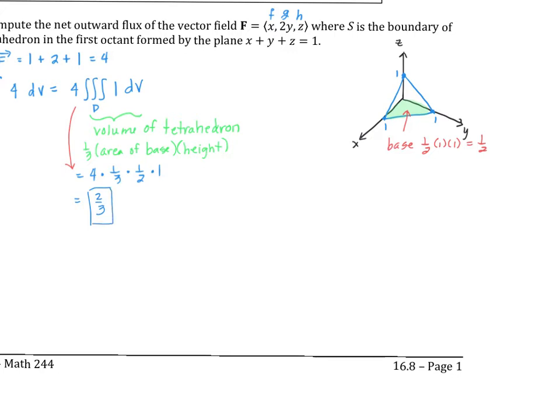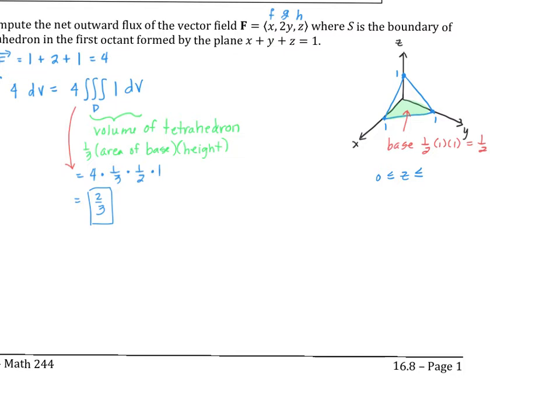However, you didn't have to do it that way. If you want, you could have set up that triple integral. Just go back to the very beginning when we're looking at triple integrals and we're setting up the limits of integration. Remember, you're going to need to describe your x, your y, and your z. So in this case, if you did want to set up the triple integral, you could look at the z values going from first octant, so 0,